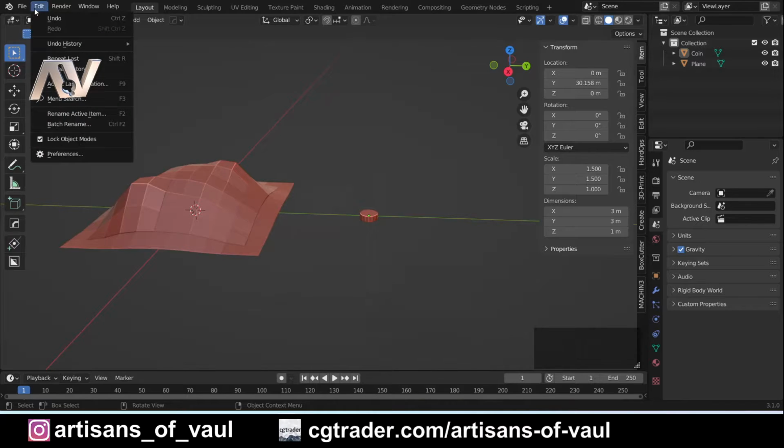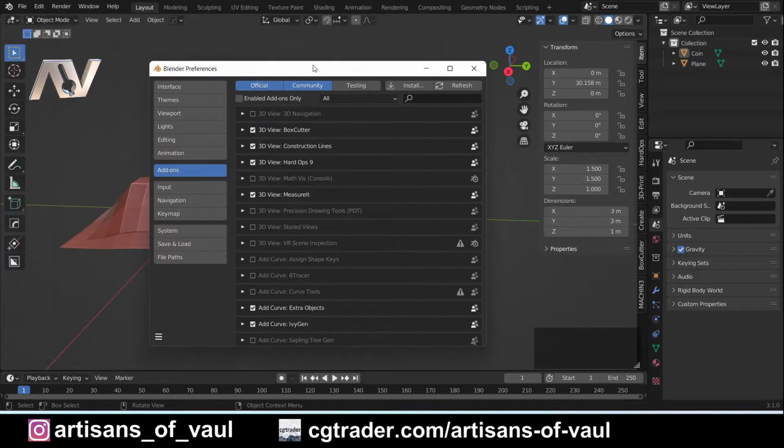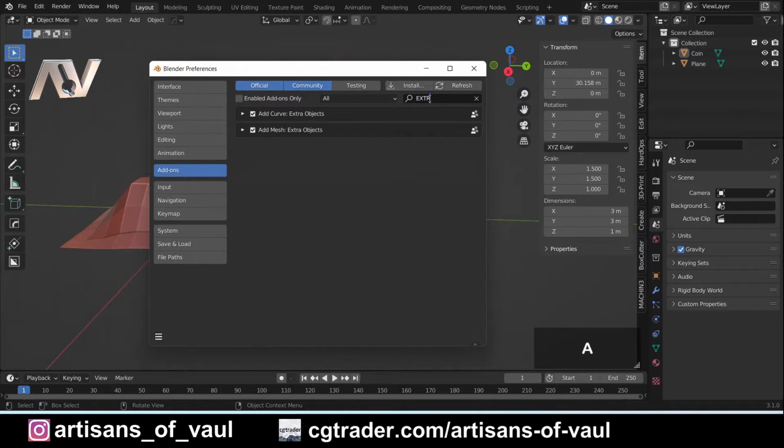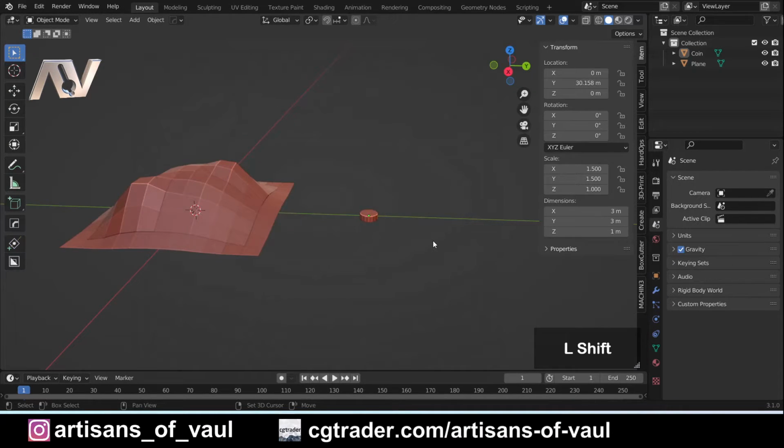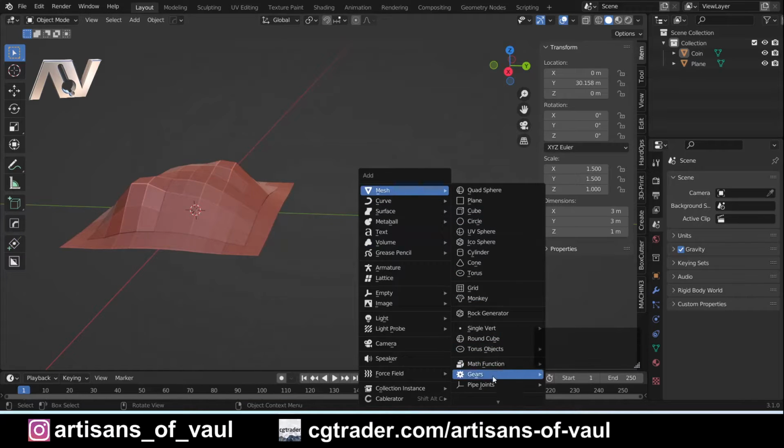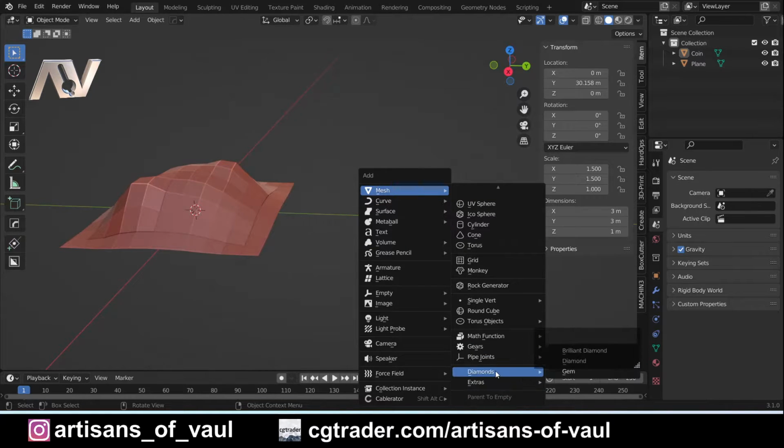Now if you don't have that, just go to Edit and Preferences, and if you type in Extra, you will have this extra objects for mesh and curves. You want the one for mesh, so make sure that's ticked on, and then save that if you don't have autosave preferences on. So Shift and A, mesh, and we're going to bring in a diamond,